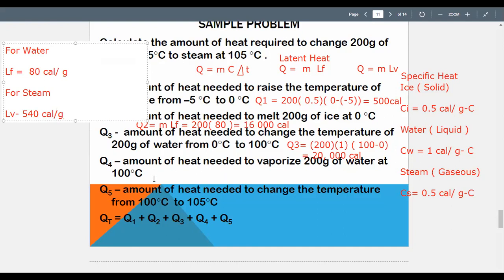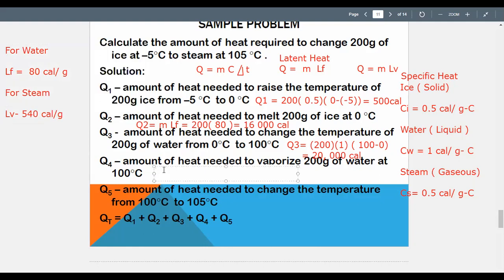And now, our Q sub 4, this is how we solve Q sub 4. Q sub 4 and Q sub 2 are quite similar, except that they don't have the same latent heat value. So Q sub 4 is M L_V. And M is still 200 grams, times 540 calories per gram. And this is quite big,